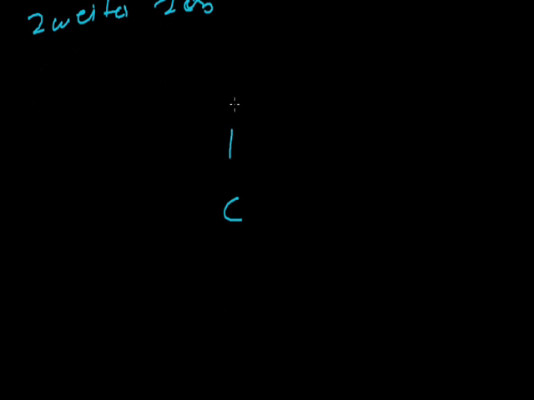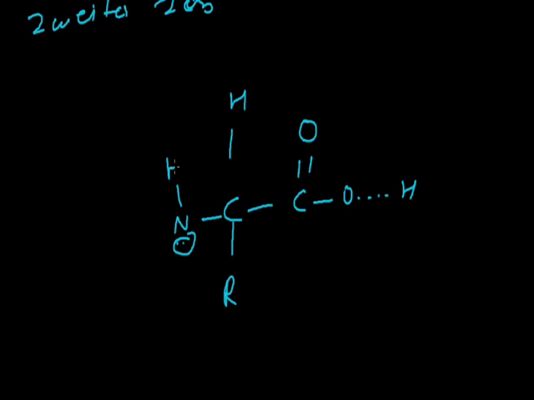Suppose I draw again a simple molecular structure of that. We all know that this is O, this is H, this is N. We all know that there is a lone pair of electrons. This is hydrogen and this is hydrogen. We all know that the electronegativity of oxygen is quite far greater than hydrogen. The electrons of the bond will be attracted by oxygen. Then this oxygen, after getting the electrons, will become partial negative charge.